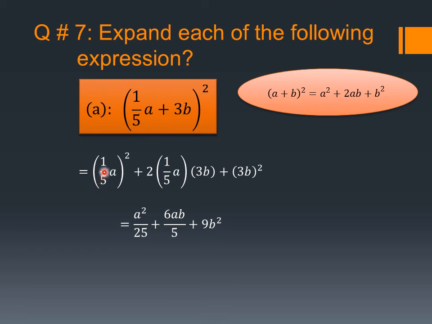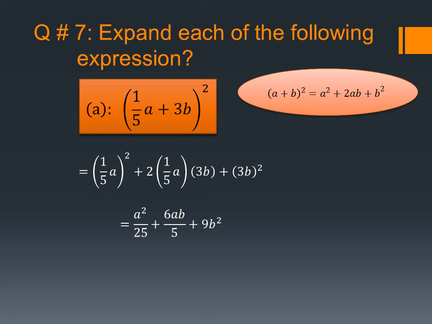So now we are having 3 digits, 1, 5 and 8. The square of 1 is 1, so I have not written it. The square of a is a square and the square of b 5 is 25. Opening these brackets, 3 into 2 is 6, a into b is ab, and in the division we are having 5. Opening, the square of 3 is 9 and the square of b is b square. That is the final answer, but always remember all the digits that are present inside the bracket of a square